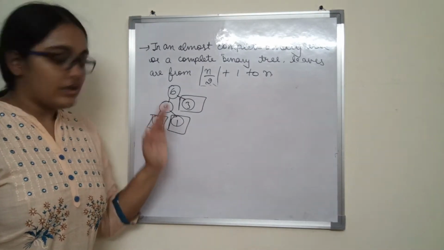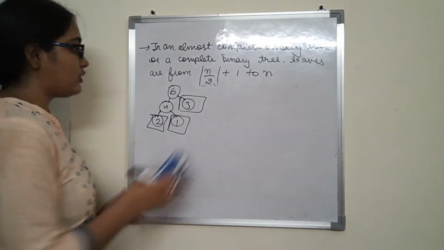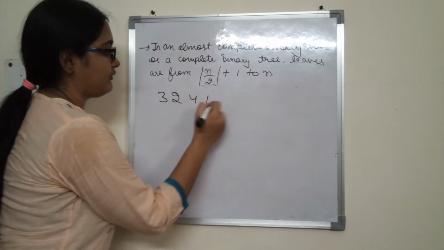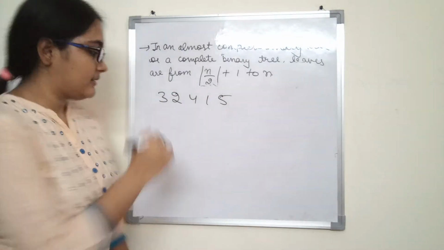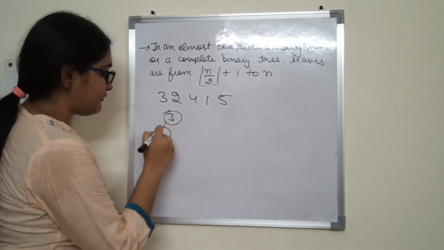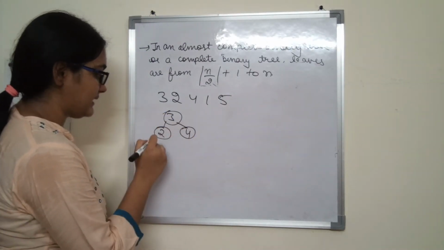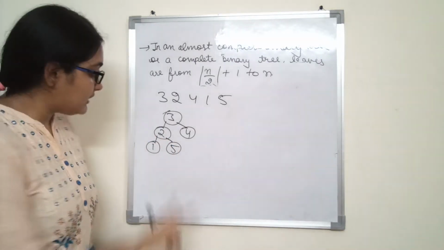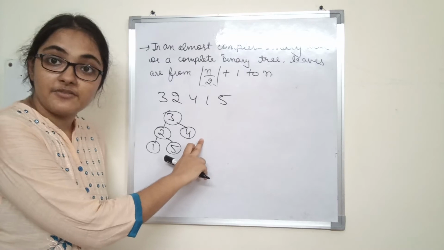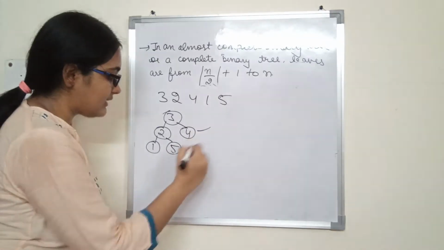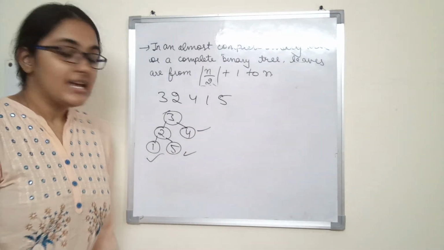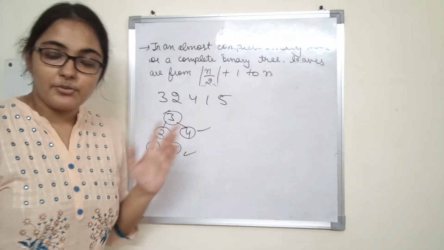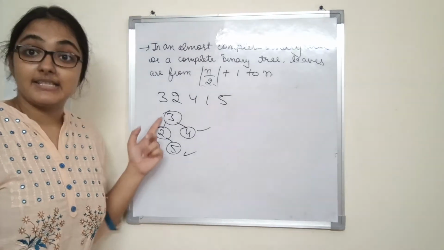Now in order to build a max heap out of an array, let us say we have an array 3 2 4 1 5, right? If I represent it in the form of an almost complete binary tree, 3 2 4 1 5. So these three are already max heaps. Why? These are leaves. So the only nodes which may be violating the property of max heaps would be these two, that is the non-leaves.